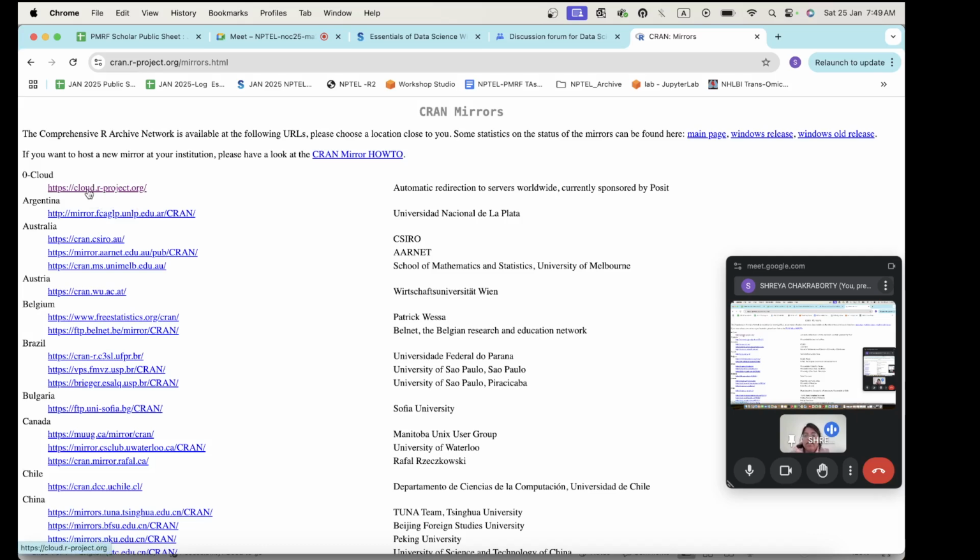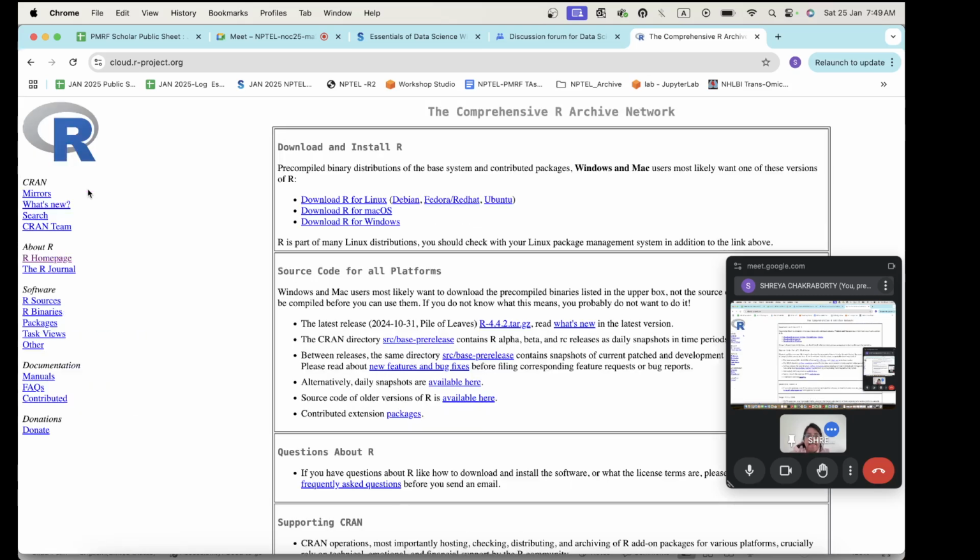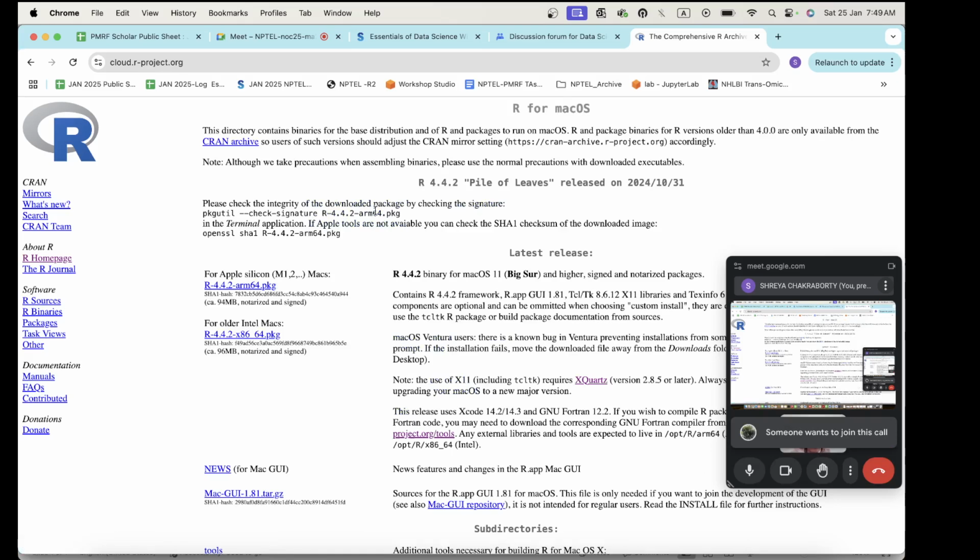Okay, you click on this zero cloud, and then you would be led on to a page where you will find the download links for Linux, Mac OS, and Windows. Based on your operating system, you can just download. Mine is a Mac, so I'll show you. Once you click on